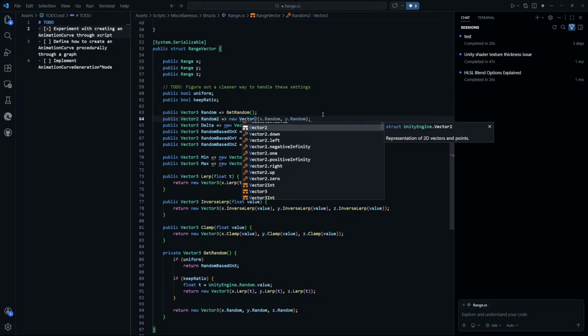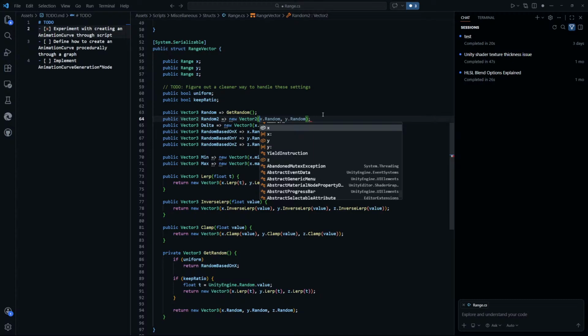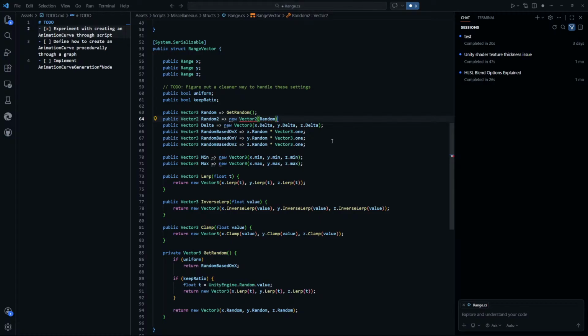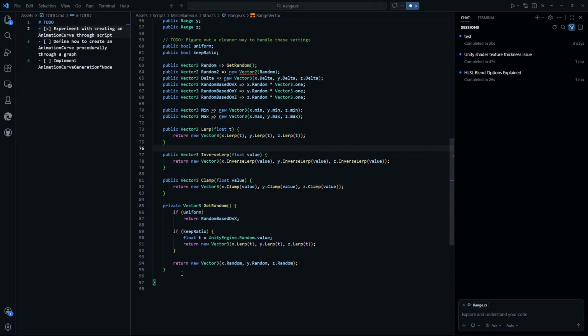Do we have a constructor for vector 3? That would be amazing, but I don't think so. Okay, unfortunate. I don't want to do that, no, but we're gonna do